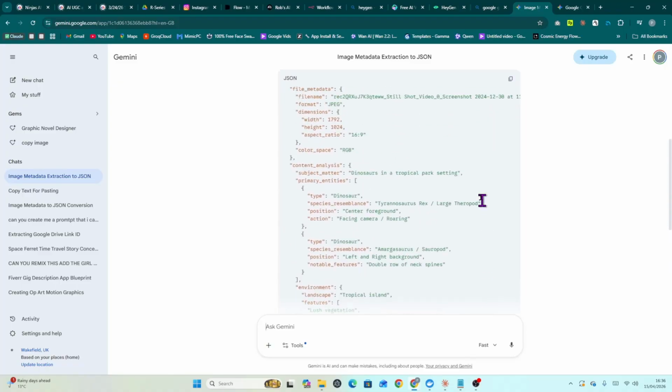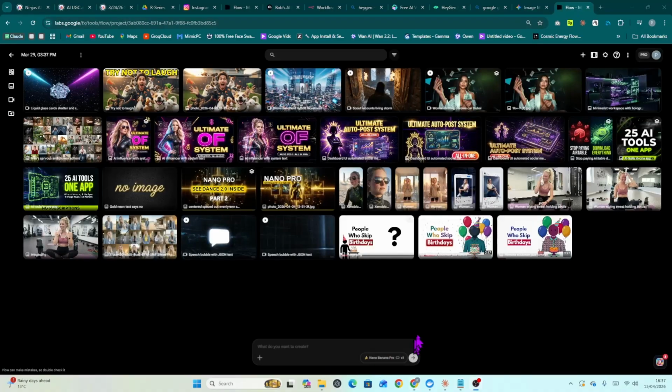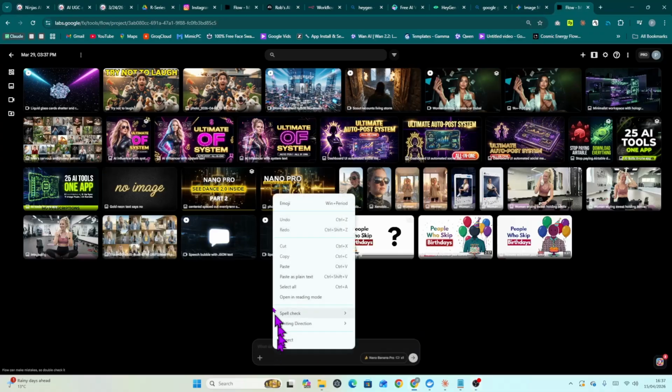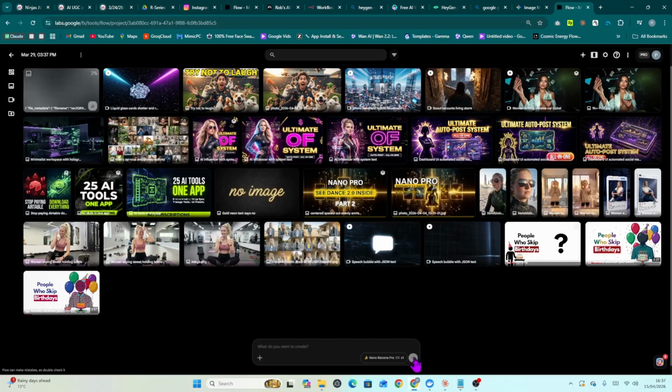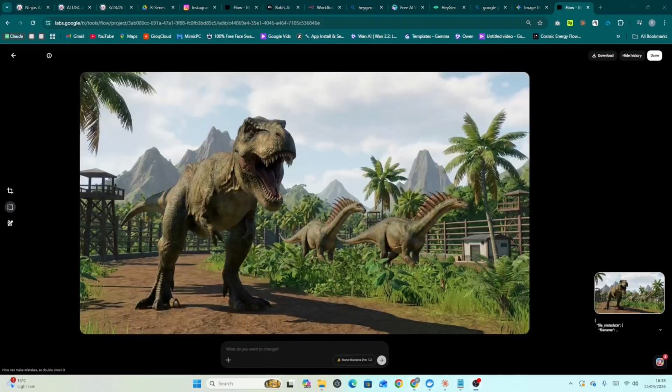Now what you can do with this is just take this, copy that. You could just take it and go to Flow and just paste the JSON in there, and you will get an image pretty much like we've just done. And there's the image it created. In fact, it's such a better image. Obviously, that was an older image, probably on a different